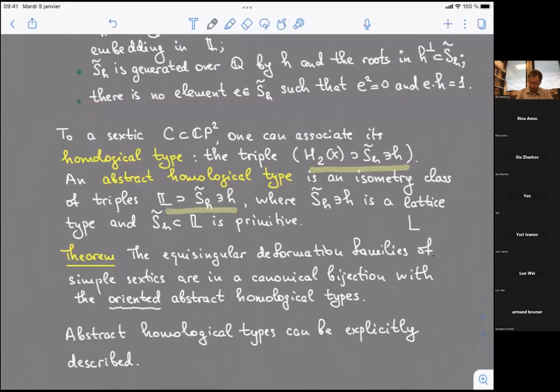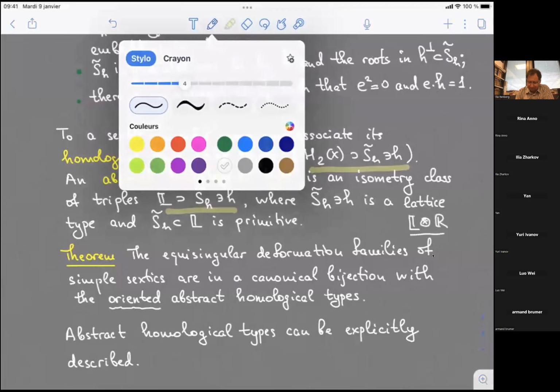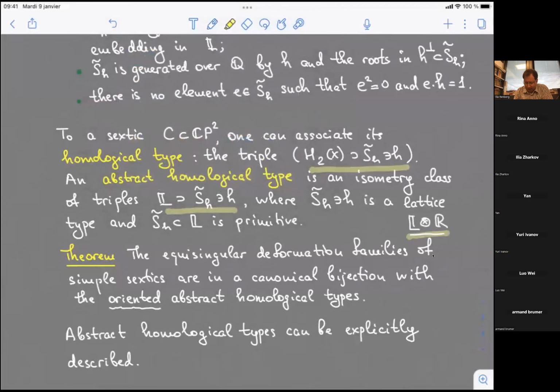So we can work either over Q or over R. Okay, let's do it over R. So if I consider the orthogonal complement of my hyperbolic sublattice in this real vector space, so this orthogonal complement, as I said, has two positive squares, meaning that each time I consider a two-dimensional plane in this orthogonal complement, such that the restriction of my form to this plane is positive definite,